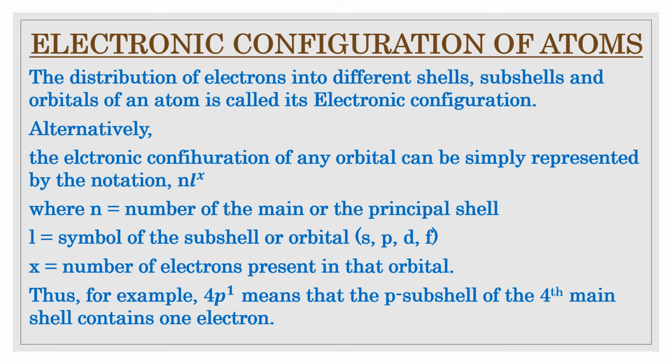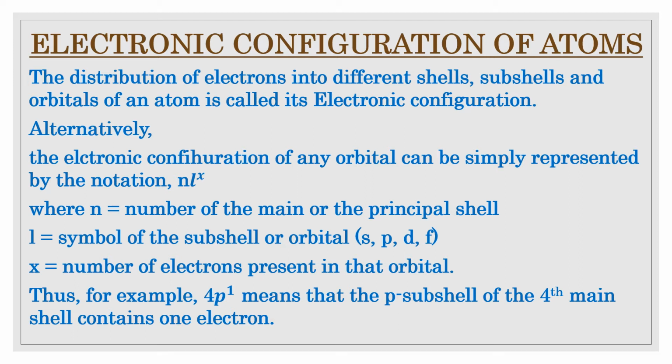Now the next topic is the electronic configuration of atoms. Let us discuss how we can write down the exact electronic configuration of different elements. The distribution of electrons in different shells, subshells and orbitals of an atom is called its electronic configuration. Keeping in view the above rules, representing an orbital by a box and an electron with its direction of spin by an arrow, the electronic configuration of the atom of any element can be represented like